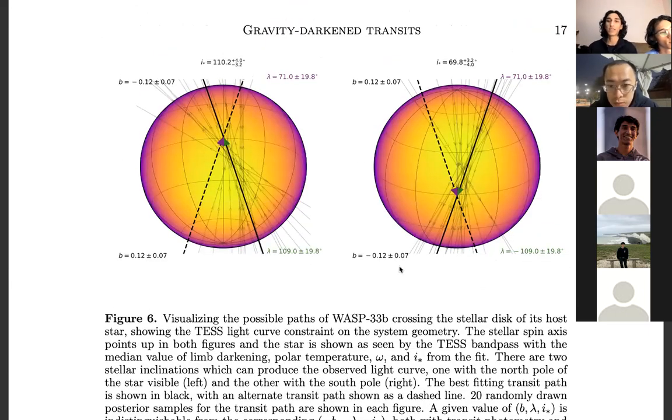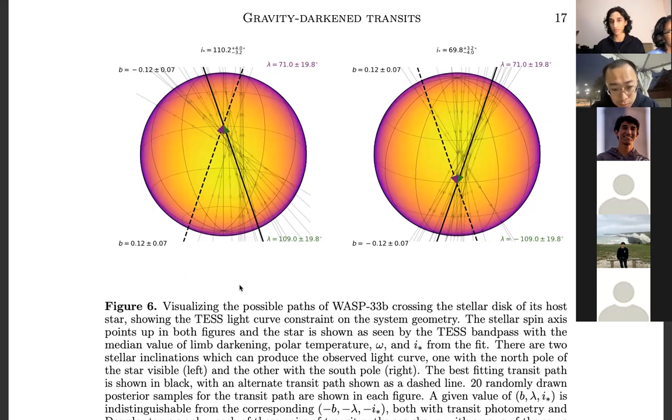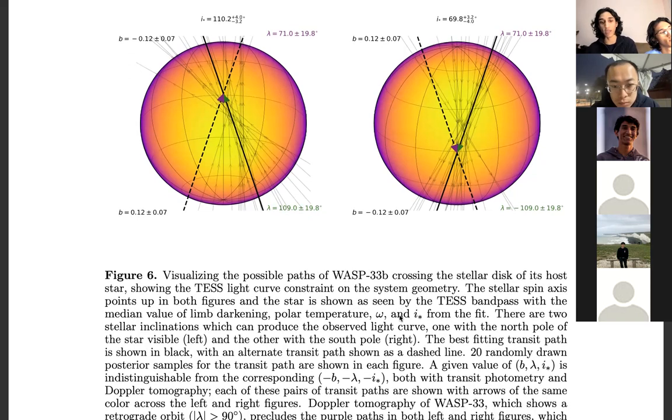So this is a bunch of samples from our parameter space of the MCMC fit, right? And we've actually shown them transiting the surface of WASP-33, the star, right? And as it turns out, there's a degeneracy. It's impossible to know, it would produce the same light curve transiting this way or transiting this way. But there is actually a way to break the degeneracy